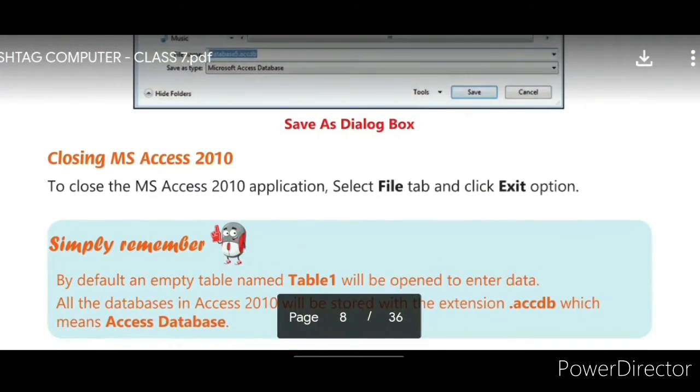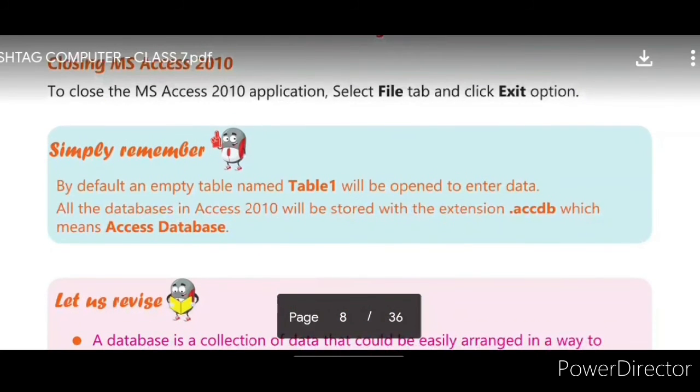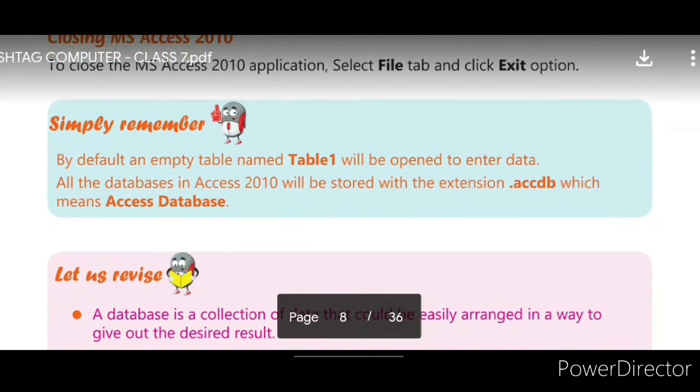Next we'll see how to close MS Access 2010. To close the MS Access 2010 application, select the File tab and click the Exit option. Under the File tab, you just click Exit. This is how we close MS Access 2010. Simply remember: by default, an empty table named Table 1 will be open to enter data.